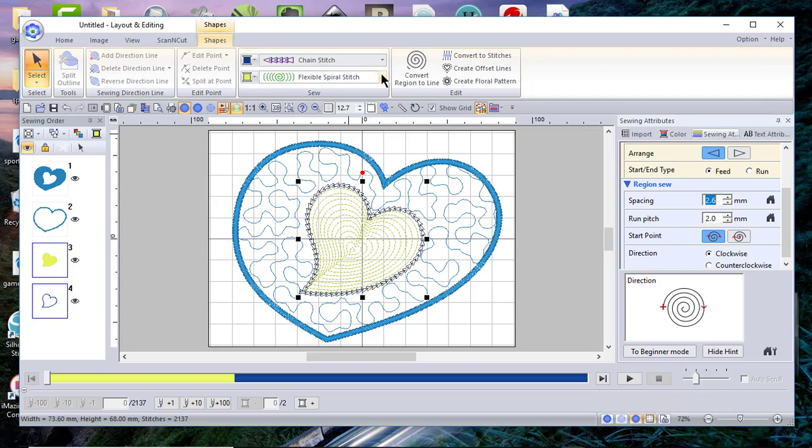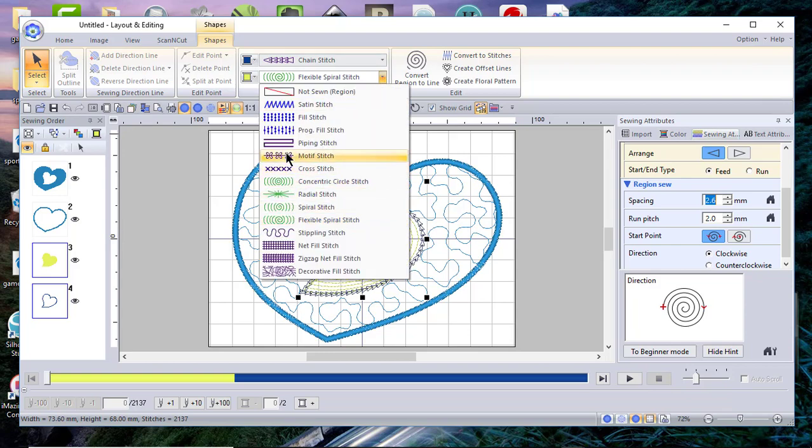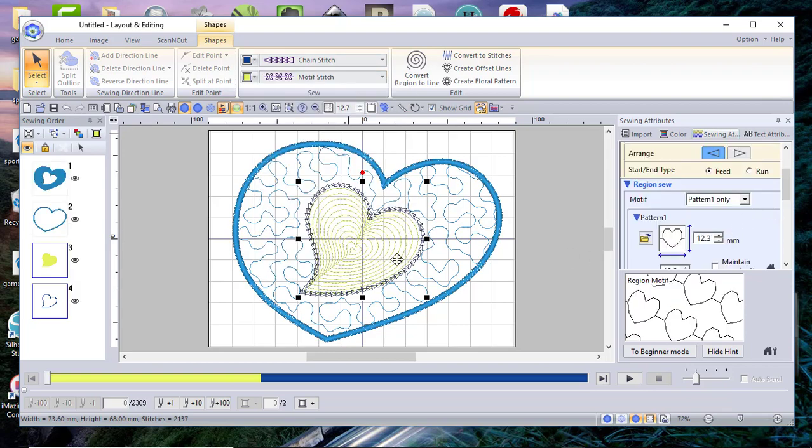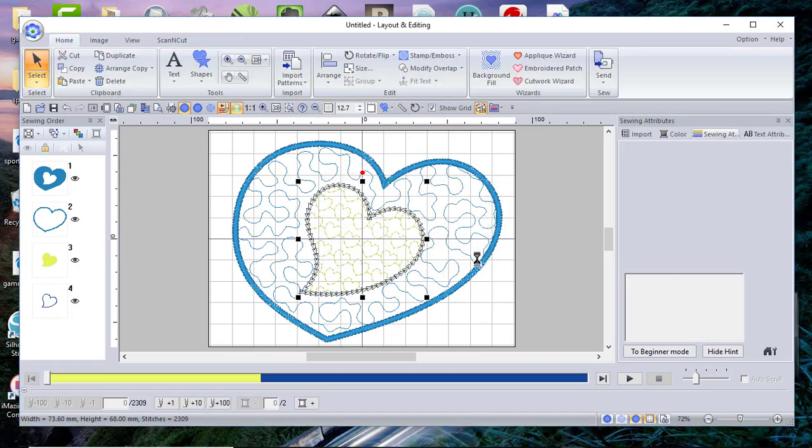Another idea that I could choose is to change it to a motif stitch. And there is actually a heart pattern, so I could go with that. You get it. You can change it to anything you want. So that gives you one idea. Let me go back and show you my original, just in case you want to look at it and see